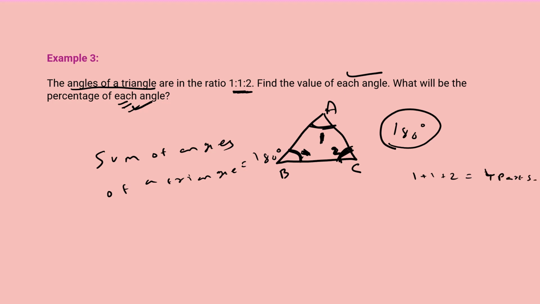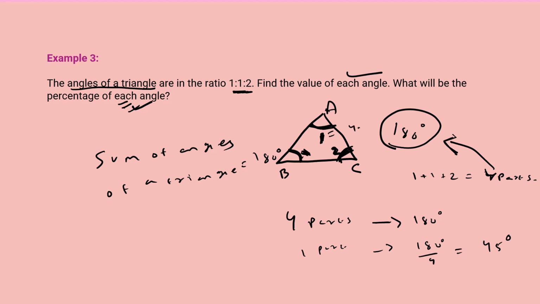अब इन 4 पार्ट्स की वैल्यू 180 डिग्री है, तो एक पार्ट की वैल्यू कितनी होगी? 180 डिवाइडेड बाय 4, this is 45 degrees. So ये एंगल एक पार्ट था, तो ये 45 डिग्री होगा। ये एंगल भी एक पार्ट था, तो इसकी भी वैल्यू 45 डिग्री होगी।